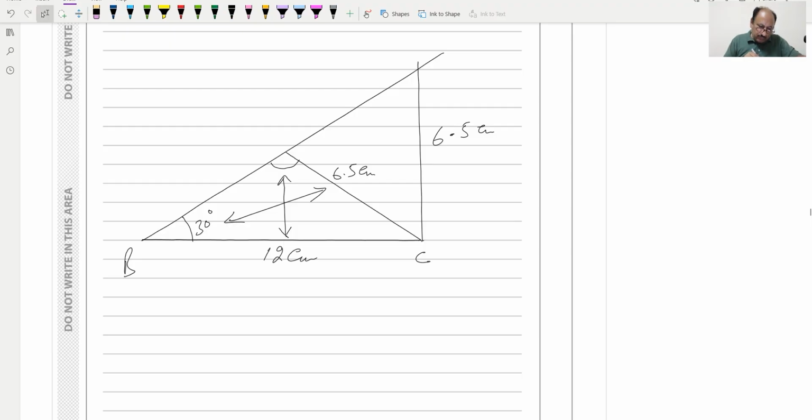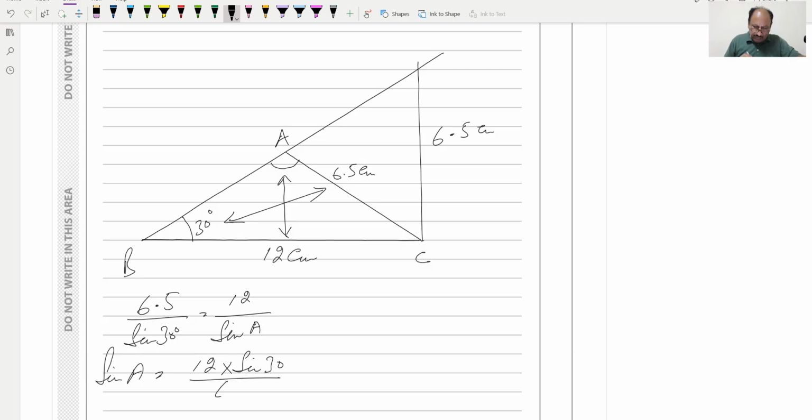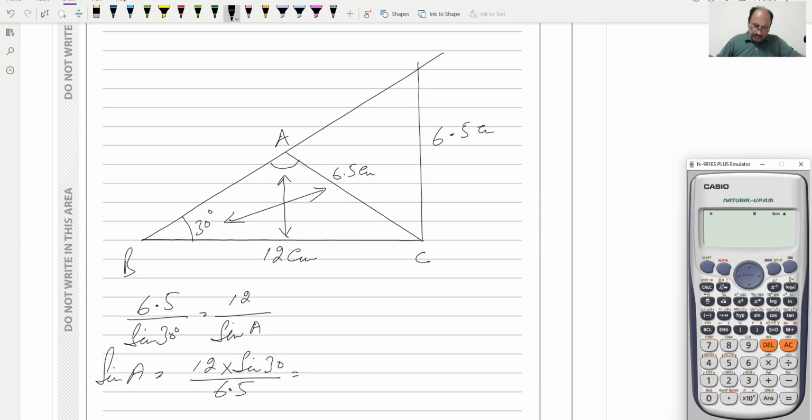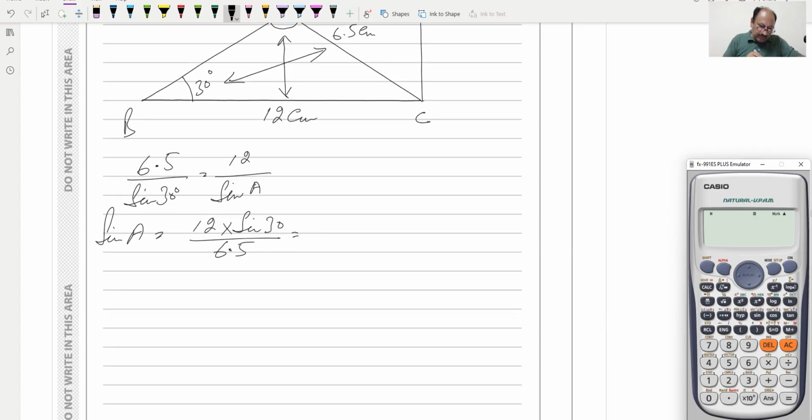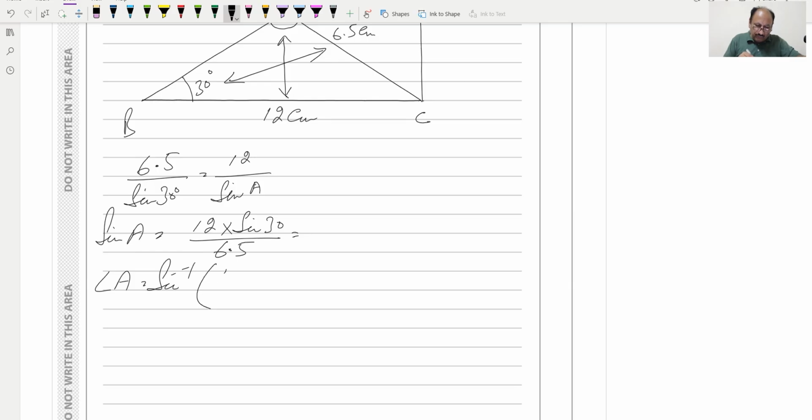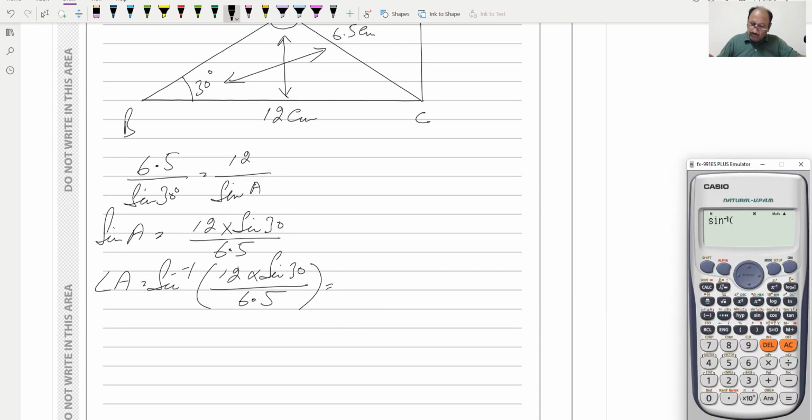So sine rule will be what? 6.5 divided by sine of 30 degree will be equal to 12 over sine of theta, or sine of this one is A. So we can write here A. So sine A will be equal to 12 into sine of 30 degree divided by 6.5, and basically we can find angle A will be equal to sine inverse of 12 into sine of 30 degree divided by 6.5, and this will be equal to, shift sign, your calculator should be in degree mode, and fraction, 12 into sine of 30 degrees over 6.5, and this is equal to